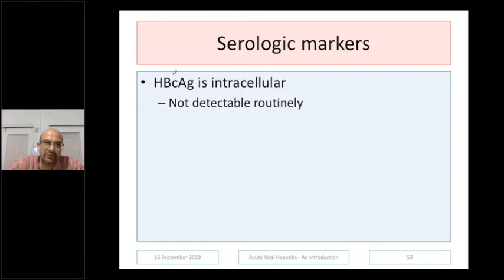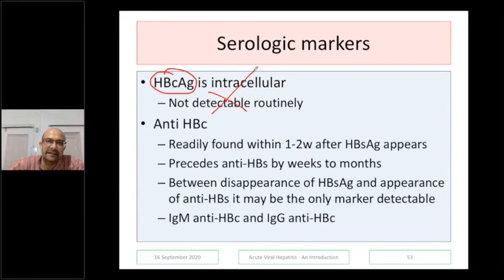The next important marker is HBc antigen, or the core antigen, which is not detectable. We don't test for this. HB core antigen is not detected. But what is detected is the anti-HBc antibody, that is the anti-HB core antibody. This is readily found within 1 to 2 weeks after the appearance of